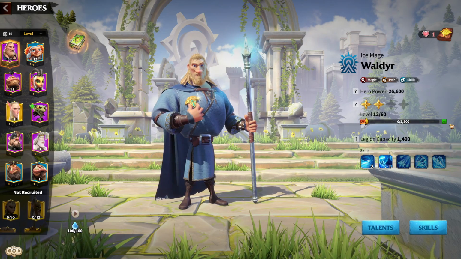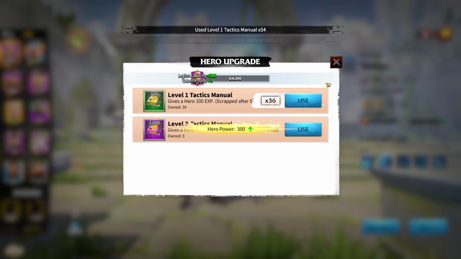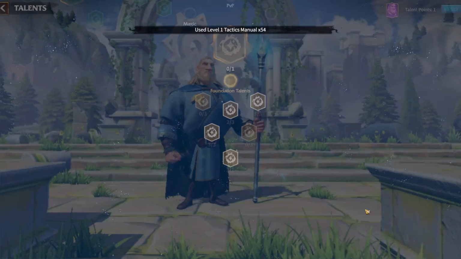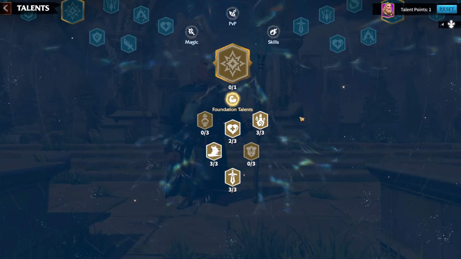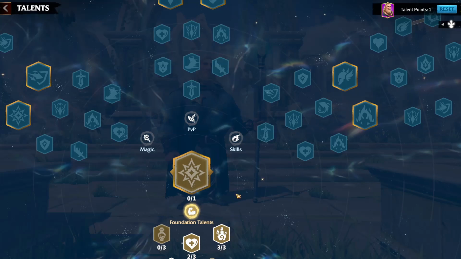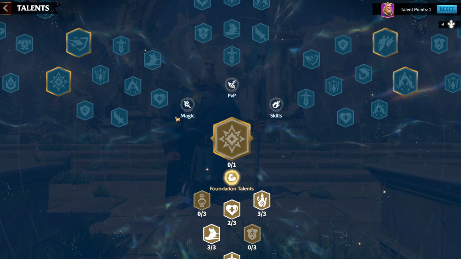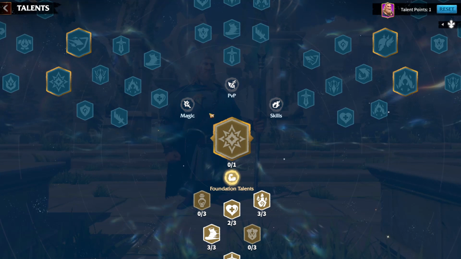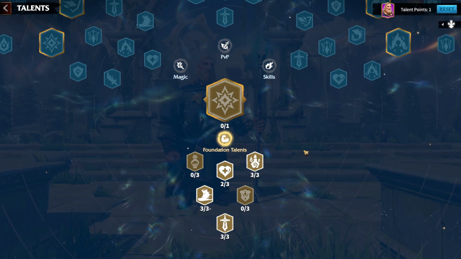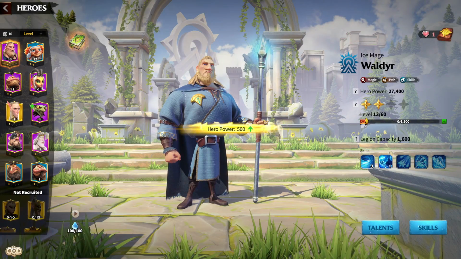And as far as my actual hero levels, I can do the same exact thing with these little tactics books. So now he is level 13. Every single time you level up, you also get talent points. And you can see these talent trees are quite diverse, my friends. You do have to get all of these foundation talents first, but then from that point, you can branch off to be more focused on magic, more focused on PvP, or more focused on skills. I'm going to go ahead and give my boy a little bit more HP-ness,